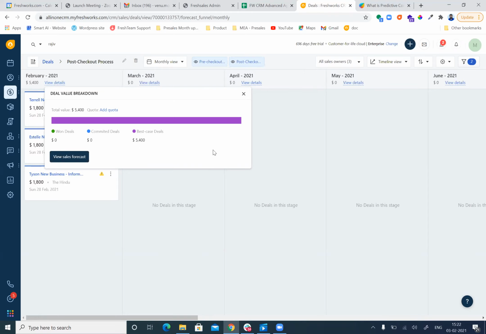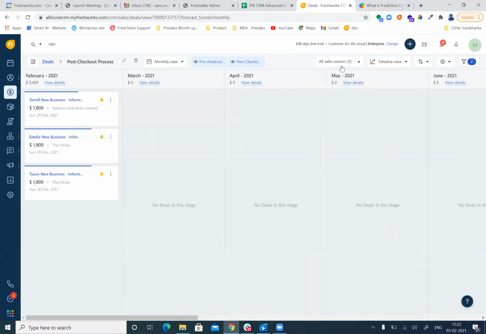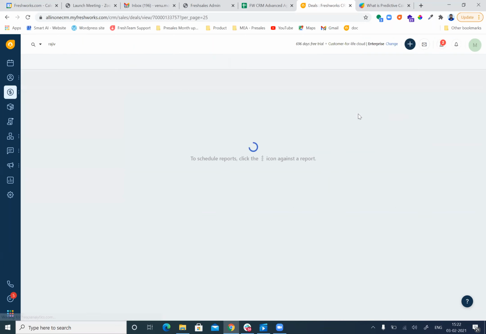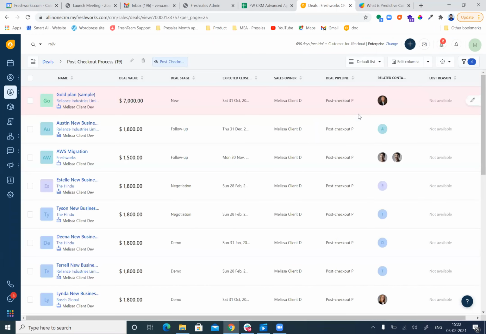So this is how you can see and track your pipeline on a month basis, or even if you want to track it on a quarterly basis, that is also possible by choosing the timeline view. And other than that, we also have a third view called the list view, which is very similar to an Excel file, with a column and row combination.